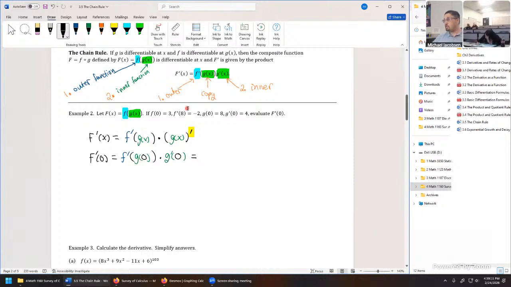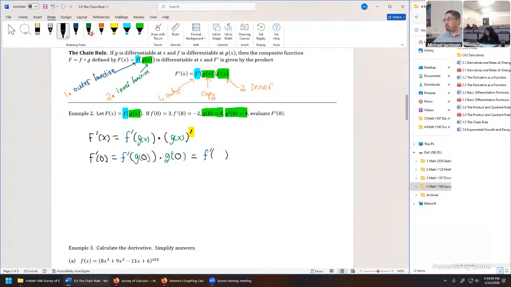Now we can see the values. And there's quite a lot of values here. This problem is tricky because we're actually not using all of them. We have to know exactly which ones we need to use. But first, here's a g of 0 that we're going to have to evaluate. So we'll use that function value. There's also a g prime of 0, so we'll use this derivative function value. And on the next line, we have derivative f at,